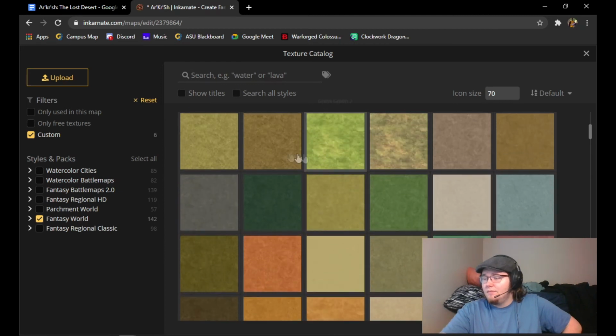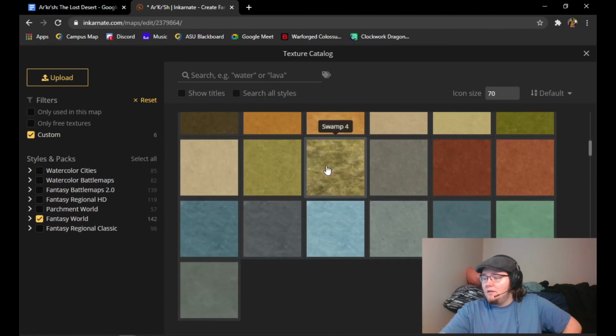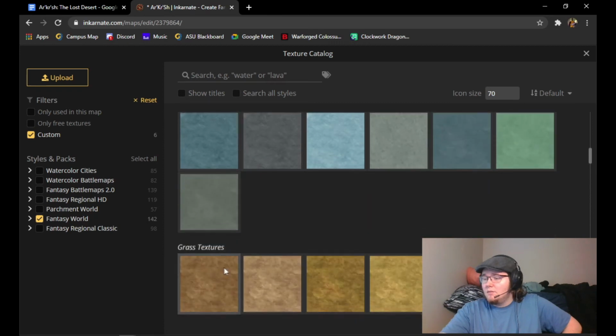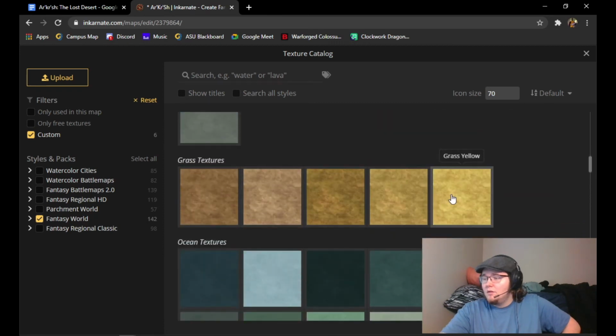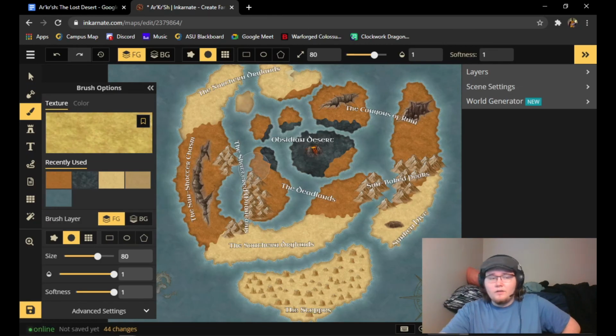Let's see. Dead grass. No, not swamp. Kind of looking for burnt out grass. That is way too big. Just the starting of recovery.